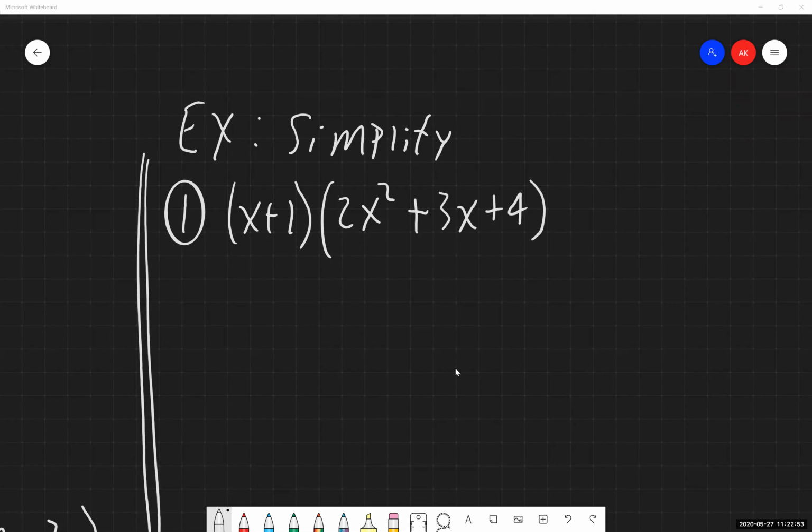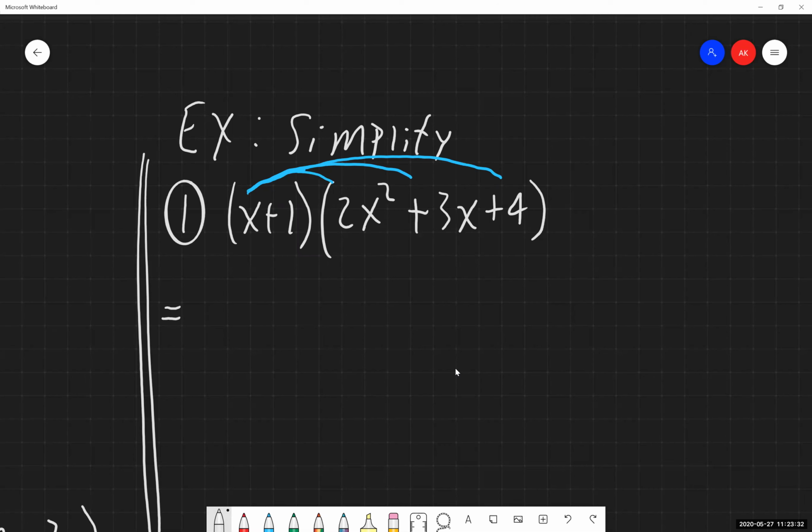So our process for this, again, the difficulty in this section is people rushing their work and trying to fly through this and just get an answer. We want the correct answer. So the first thing in our process, it tells us to distribute the first term of the first polynomial to each term in the second polynomial. So our first one out front is x plus 1. I'm going to take the x and distribute that through to every term in this trinomial.